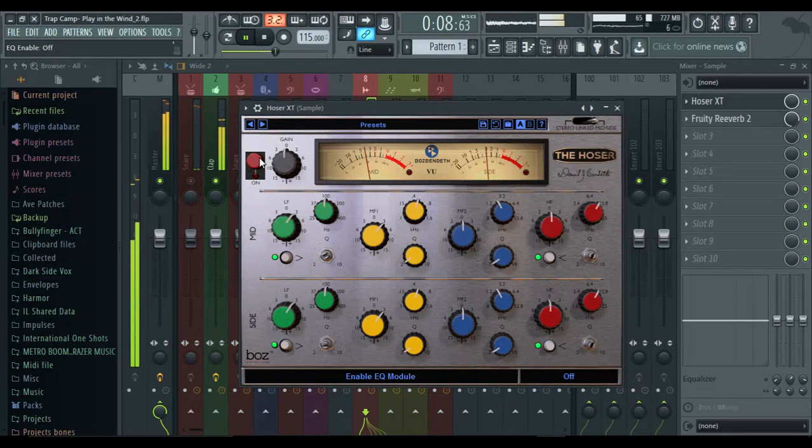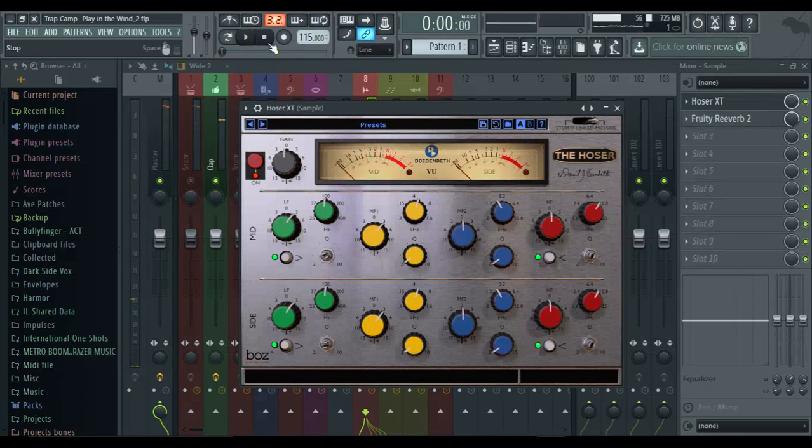So without it, and now I'm going to add it in. Now you see just that simple EQing kind of gave that particular sample a little more life than it had originally,